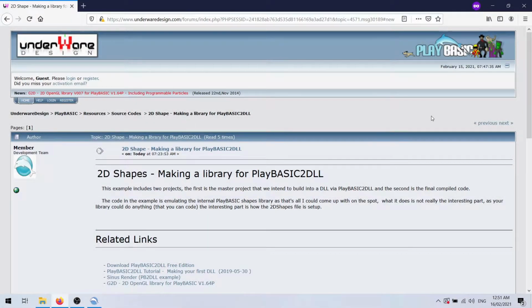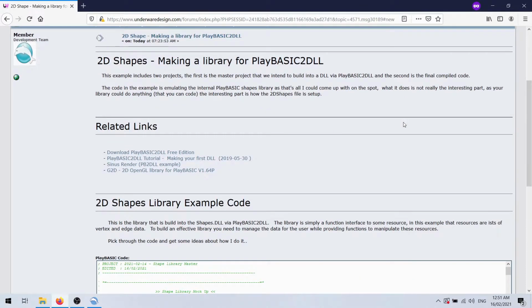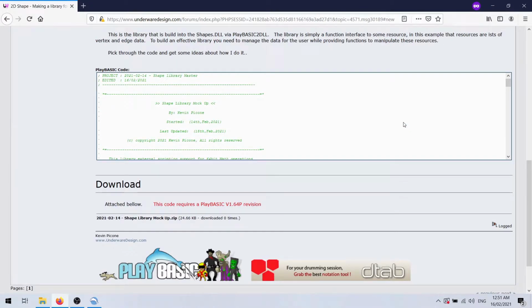I sat down and wrote a library that kind of has no purpose, but it's really there just to demonstrate how you could build your own libraries in PlayBASIC, and in particular I compile them to DLLs using PlayBASIC to DLL. And this library is like a recreation of the internal shape commands, which is not very useful, but it